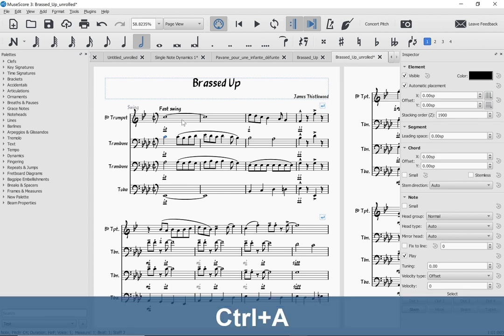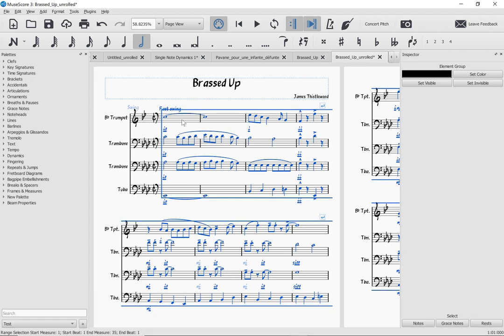All right, I'm going to select all this. And what if we decided, gee, instead of writing this out in cut time, the way we did here, maybe we would rather write it out as this is a quarter note and those are 16th notes. So we now have a command that will do exactly that. What I can do is select that and then just use the half duration command. The shortcut is